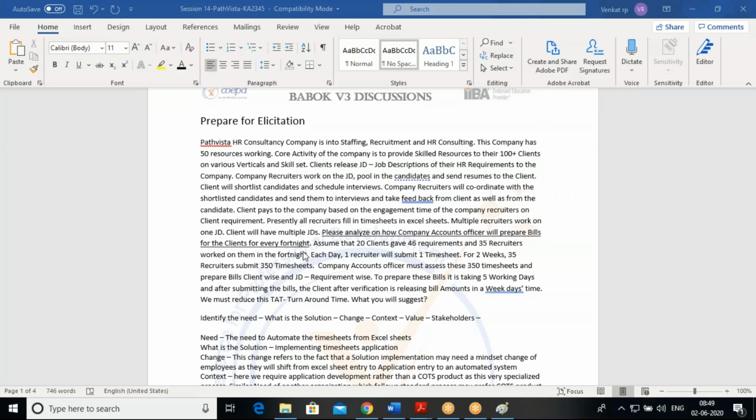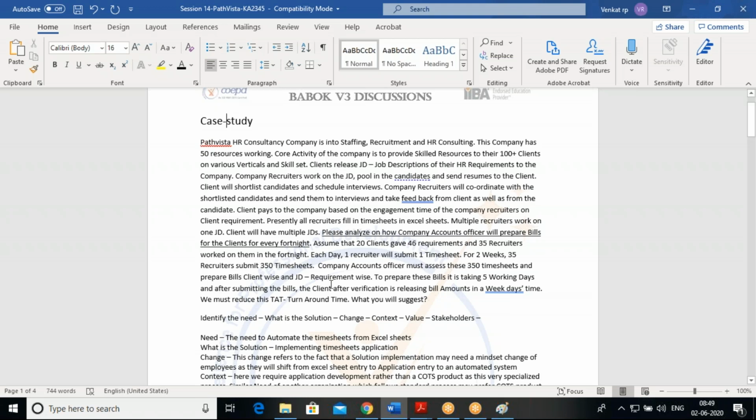Please go through the case study once. I want you to read the case study, go through it, and understand it. Once you go through this case study, we'll find out that there are so many stakeholders, even though